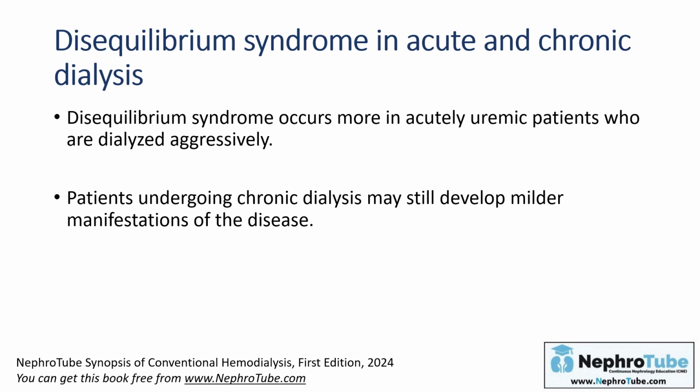It is an important point to mention that disequilibrium syndrome, as I will mention later, is a diagnosis of exclusion in both cases. For example, you have a patient on chronic hemodialysis who is stable, but at the end of the hemodialysis session the patient has nausea, vomiting, and so on, and you have excluded all other causes of hypotension and all causes of vomiting. So the possibility now may be mild disequilibrium syndrome, and we will talk about this later in the diagnosis.